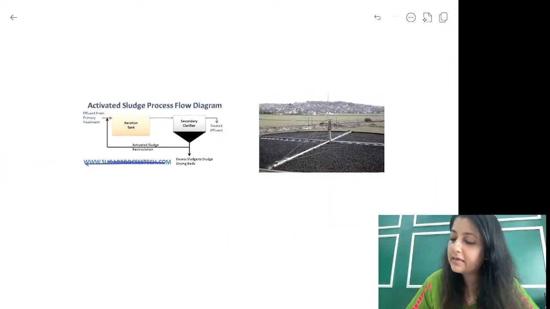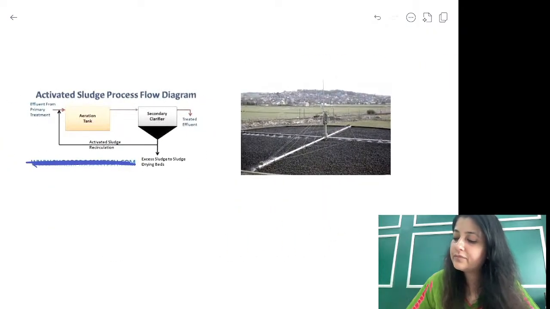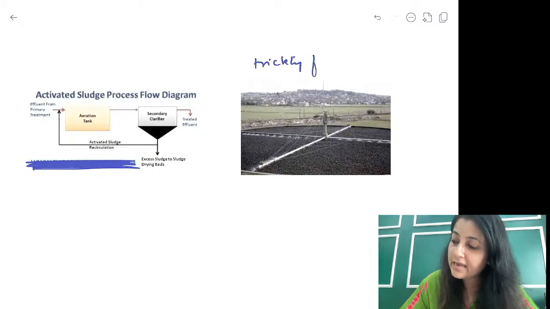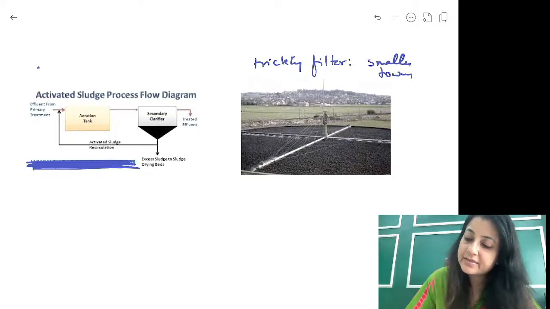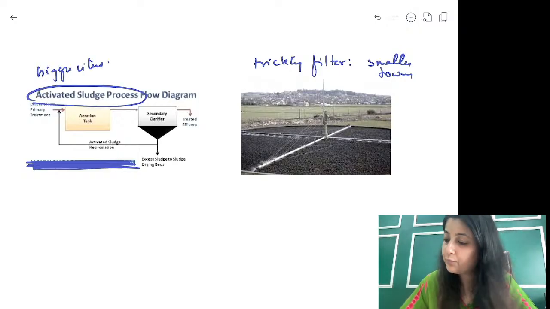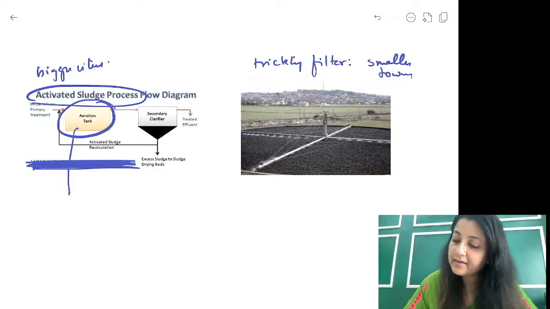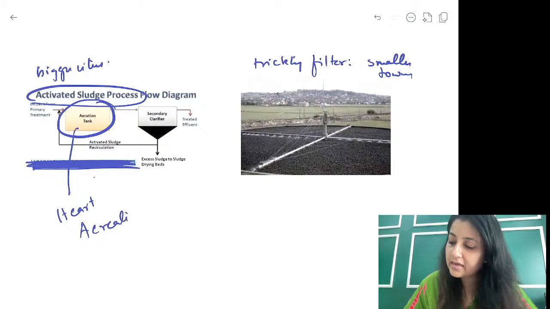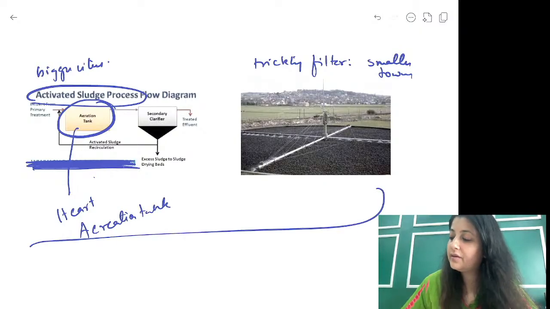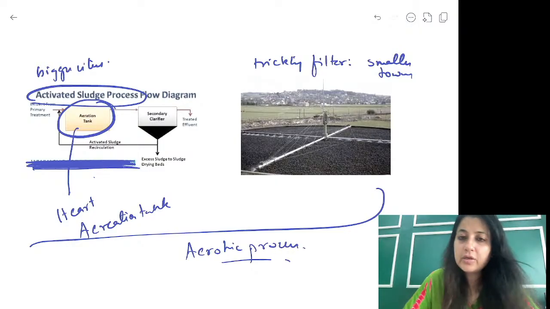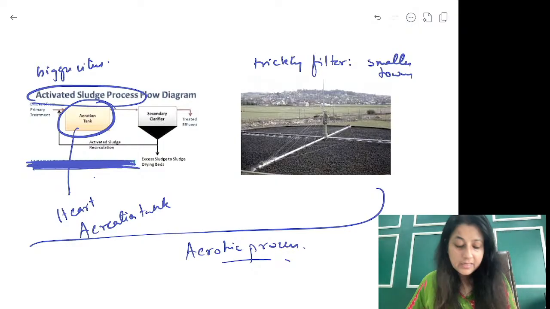This is the image, everybody. This one which occupies a very large and huge space. This is trickling filter, okay? And you will only use trickling filter for smaller towns. But in bigger cities, what is the process being done? Activated sludge process, in which the heart of this activated sludge process is the aeration tank. Whether you go for either of it, we will rely on which process, guys? Aerobic process. Clear? Okay? Sonal dear, ask me this question at the end. I'll take it up. Done?